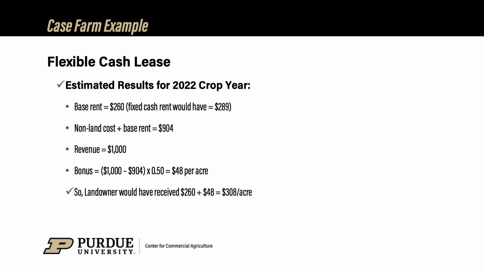The landowner got $310 per acre rent in this case, rather than just $289. So he got about $20 extra rent in 2022. 2021 was even a higher bonus than 2022. So just also to be clear, when you think about these